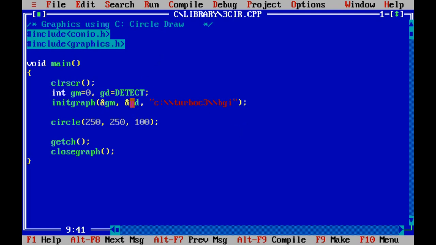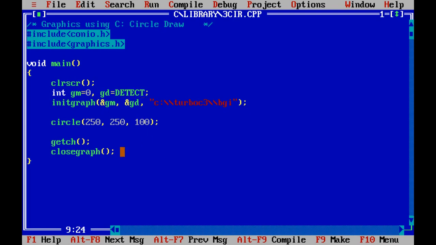And for the graphics driver gd, here I mention DETECT. The whole responsibility depends upon our system. The system finds the proper graphics driver and calls it. No need for the user to mention it. So the whole responsibility is on the system.